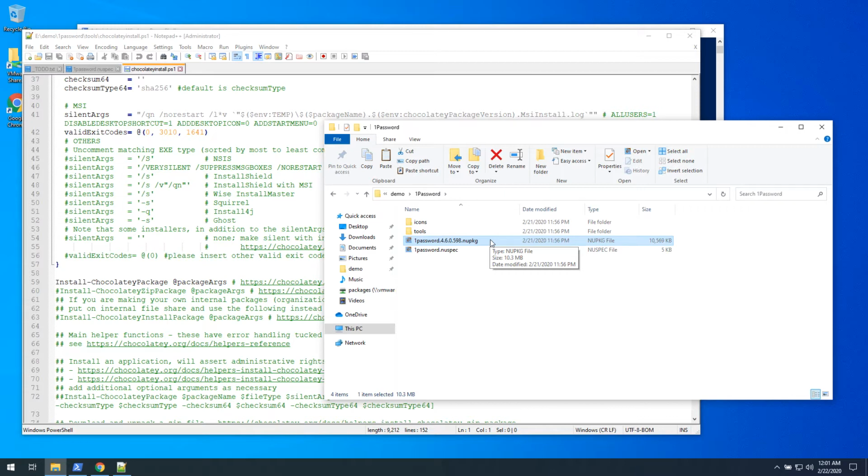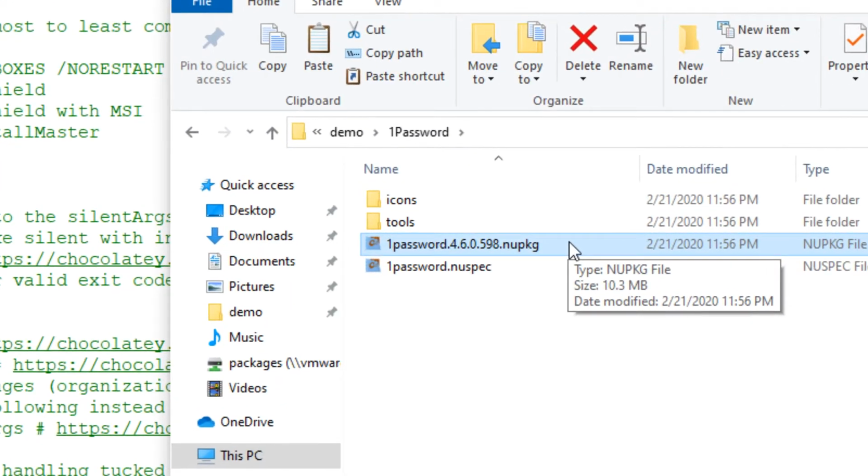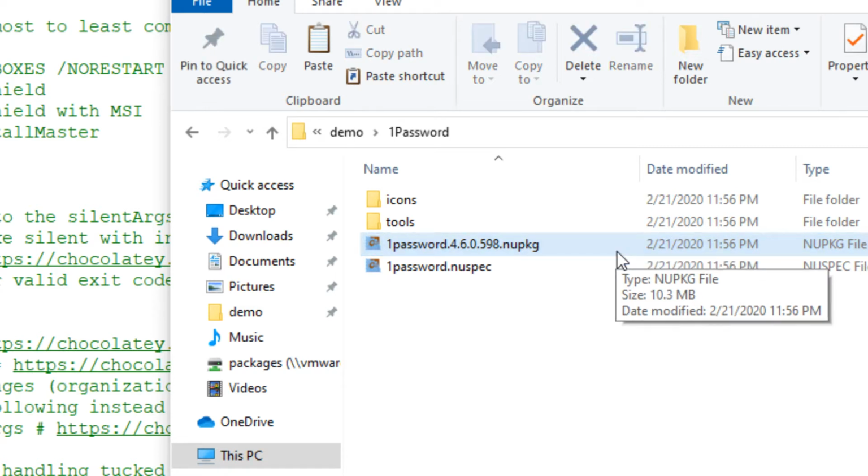power of package builder. And just to help frame this for you, that NUPKG file you see here, that new package file, this is a Chocolatey package essentially. It's built on top of the NuGet packaging framework, hence that file extension. Now let's go ahead and explore the heavy lifting that package builder, as a feature of Chocolatey for Business, has